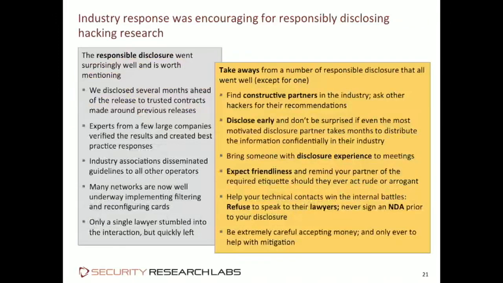A few words and then I'm done on responsible disclosure. And we don't usually talk about this very specifically because it's the same old story almost every time. You publish research results, industry tries to talk you down, criminals find it more interesting than industry. Criminals actually do it. Industry can't talk you down anymore, they fix it eventually. Not this time though, at least for those operators that were open enough to start this dialogue months ago already.